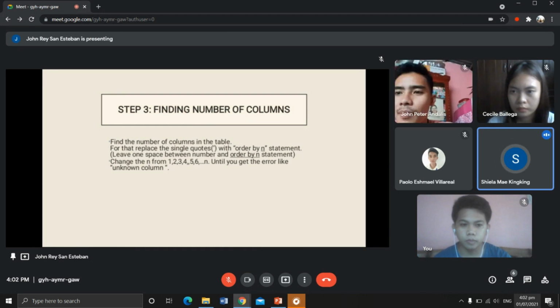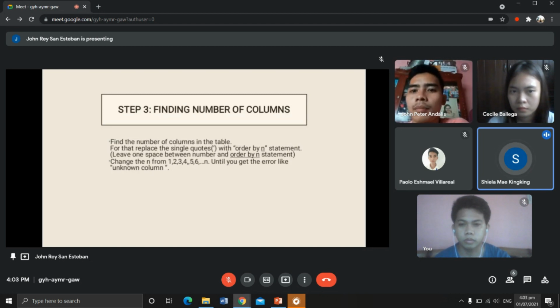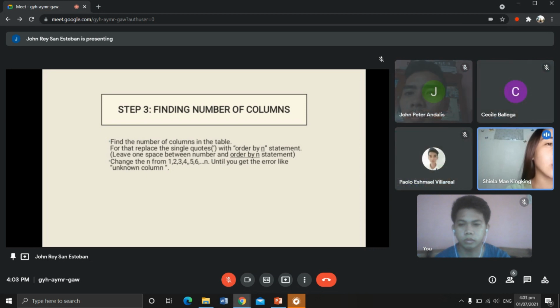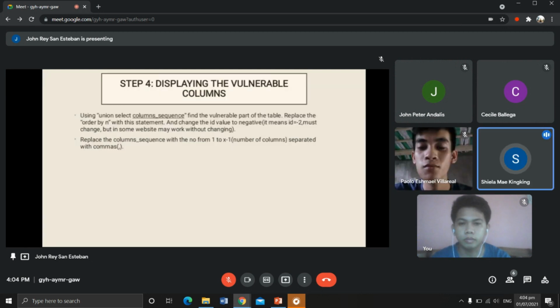Step 3. Finding the number of columns. Find the number of columns in the table. For that, replace the single quote with an order by n statement. Leave one space between the number and the order by n statement. Change the n from 1, 2, 3, 4, 5, 6 and so on until you get an error like unknown column. Like for this example,